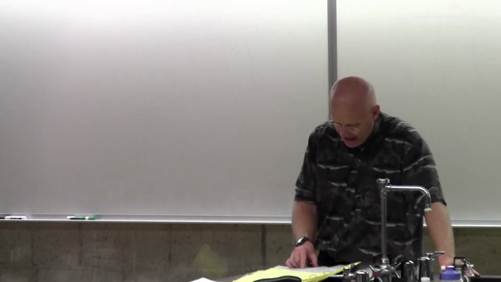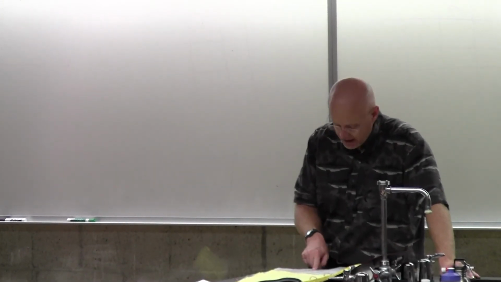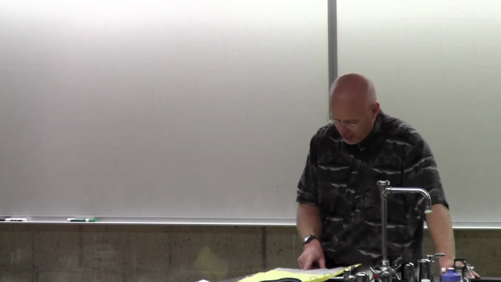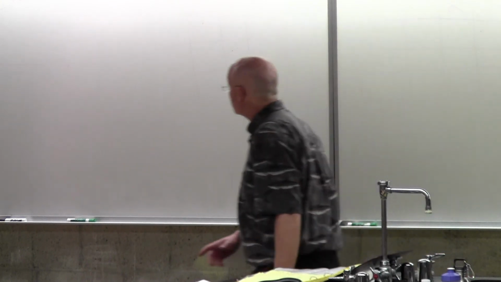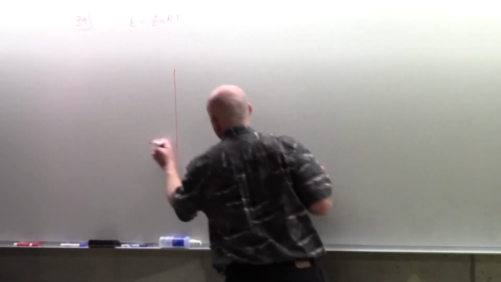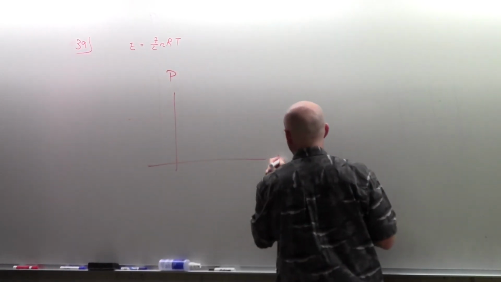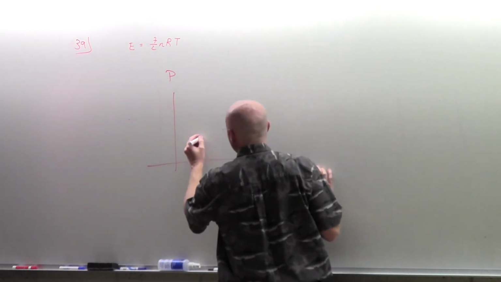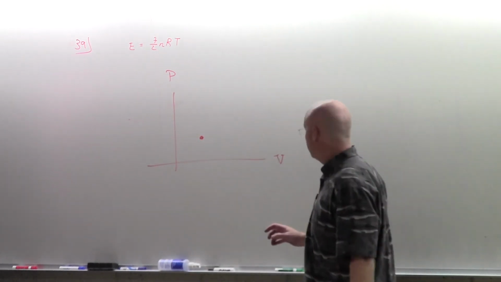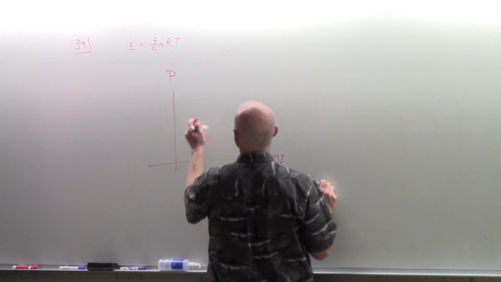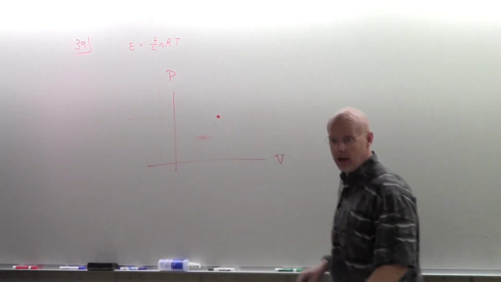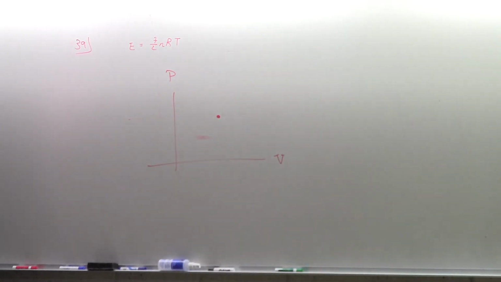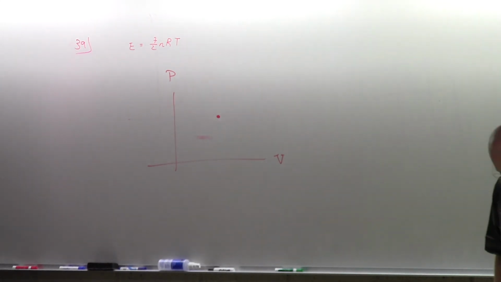It then says a 2 mole sample of gas starts at 1 kilopascal and 300 degrees. So maybe if I put a PV diagram up here, hint, hint, always start with a PV diagram, right? And I will start by putting a little dot. Well, maybe I'll put it more in the middle because I'm not sure what they're going to ask me to do here. Okay, but I'll put the dot there, and they say the pressure is 100 kilopascals and the temperature